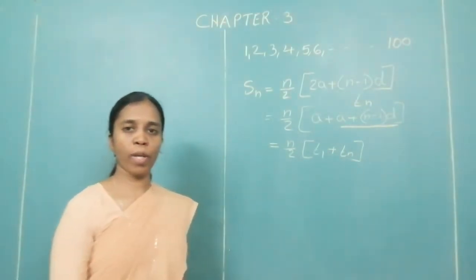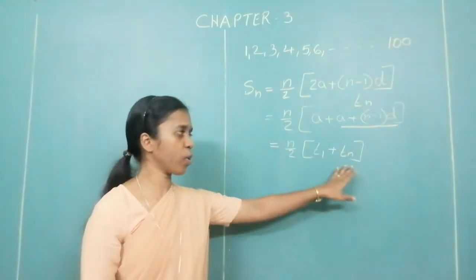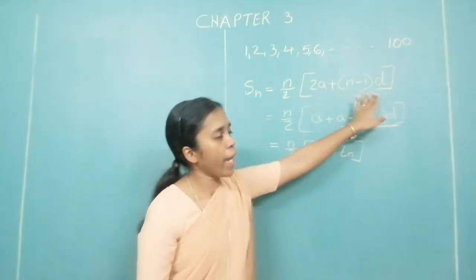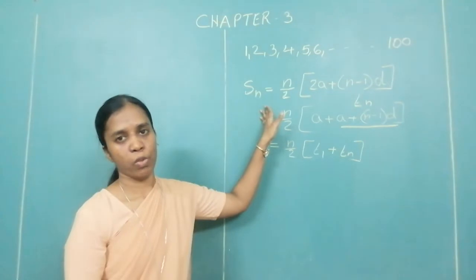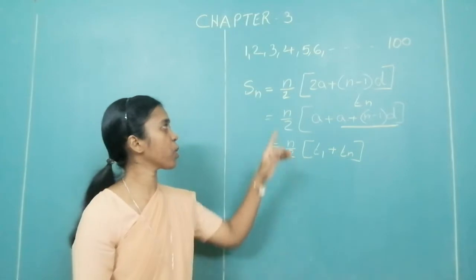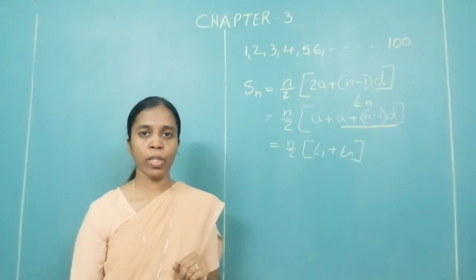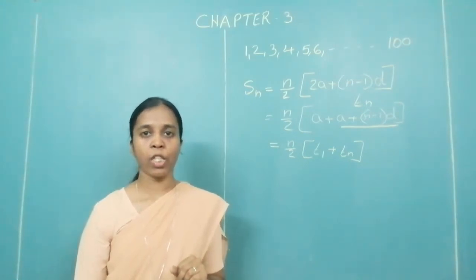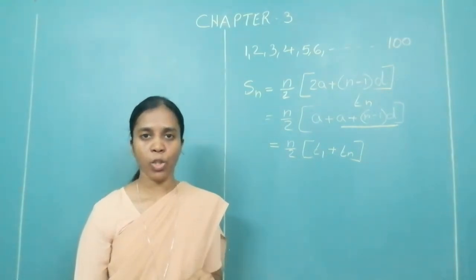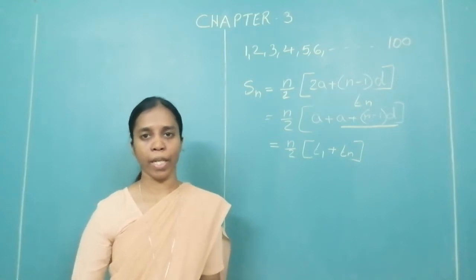Okay. So there are two formulas for Sn. If the last term is given to you, then you can use this formula. If only the first term and the common difference are given, then you have to use the first formula. So please take the last page of your notebook, add over there, and please write it in this manner because the brackets are very important. Sn is equal to n upon 2 bracket 2a plus bracket n minus 1 into d. Sn is equal to n upon 2 bracket T1 plus Tn.